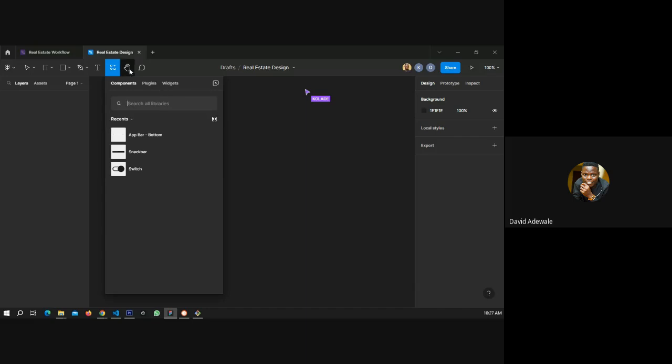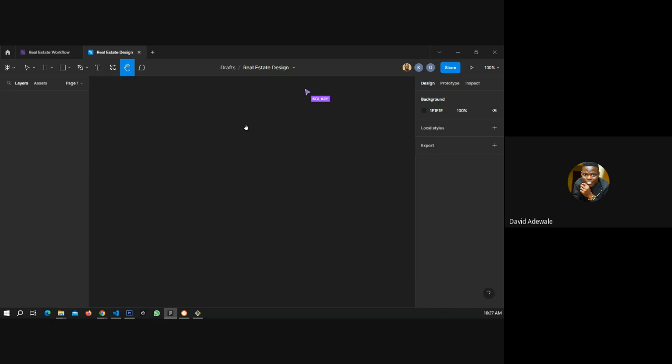So we have the scale tool to move on the same aspect ratio. And then we have comments. And currently, I know some of you, not some, all of you that I shared this link with, have access to comments. So that is for the toolbar, just a brief explanation of the toolbar.